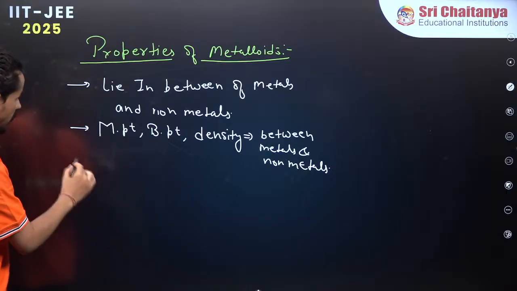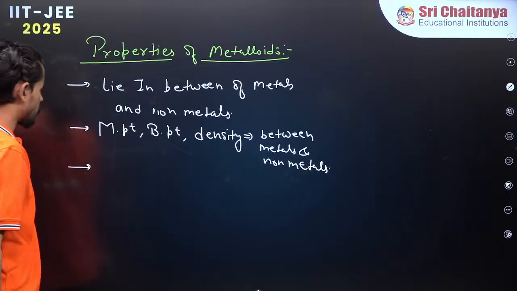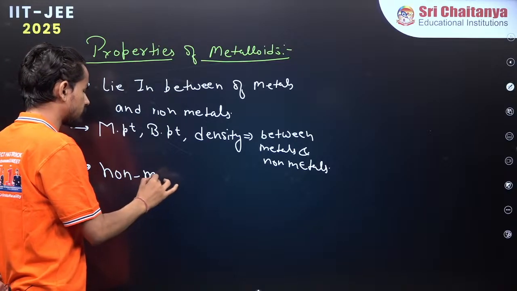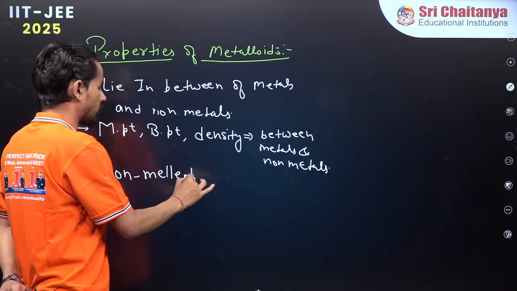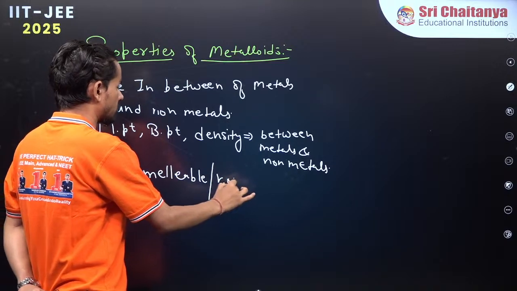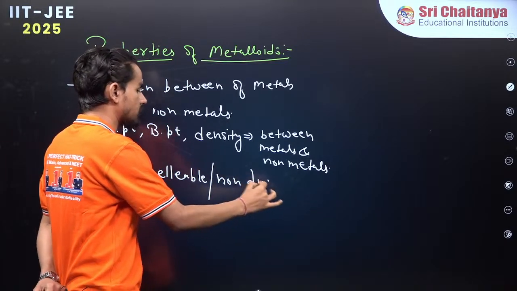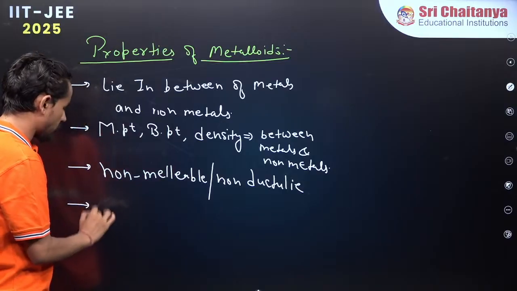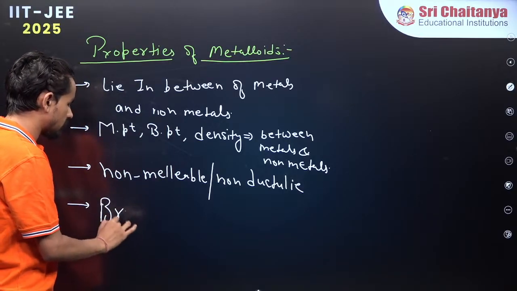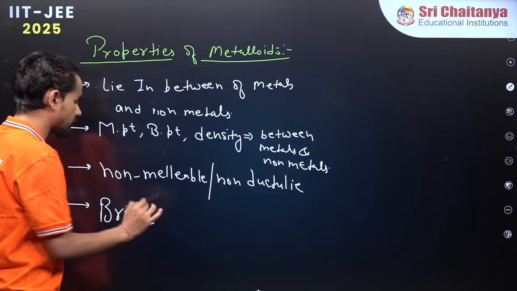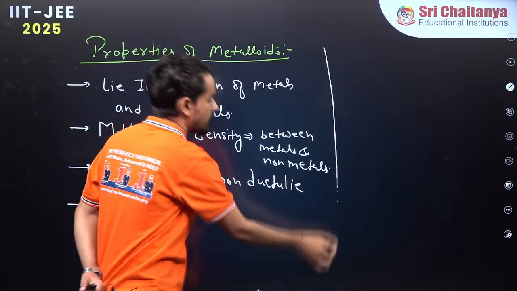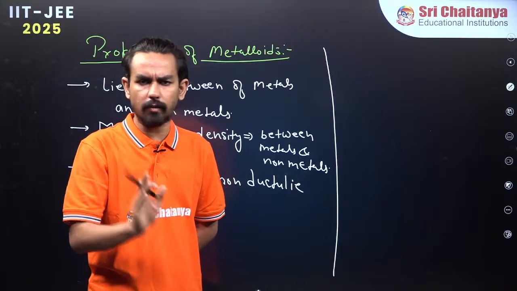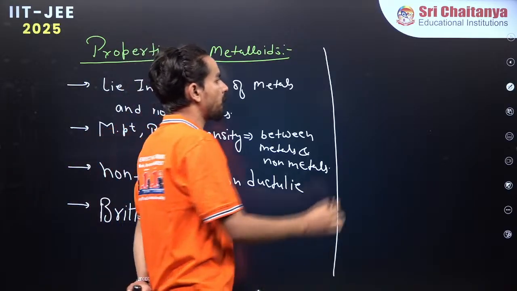Now let us think about, they are also usually non-malleable and non-ductile, non-sonorous. They are also moderately brittle. These are not so much important points. These are all moderate points, in between metals and non-metals, that you can write by your own. The important thing is,